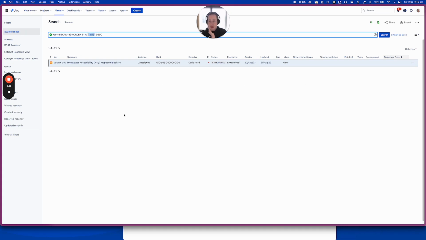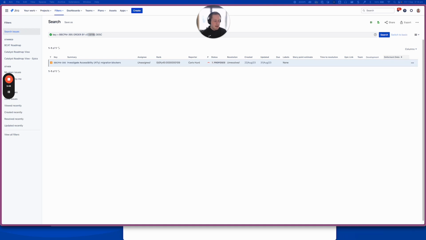So just copy that and again, save that to a note or something, because you will need that in a second. Now, apologies if this has gone quite deep down the rabbit hole really quickly in terms of complexity. I promise this is one of the most complicated parts of the whole process. Getting custom field IDs is just a bit of an annoying process. You very rarely ever need to do this, but when you're doing automations and stuff like that that involve custom fields, you need to know the custom field ID, and that can be a bit annoying. So make sure you write down that custom field ID on a note,